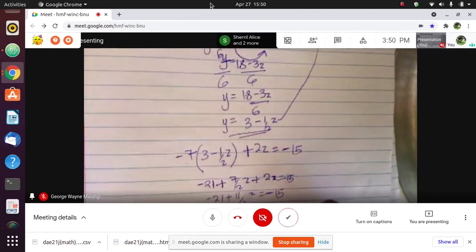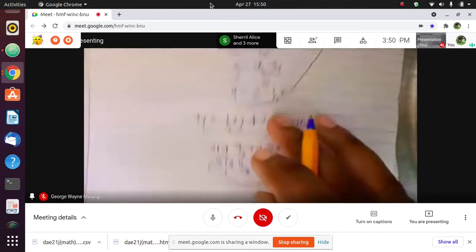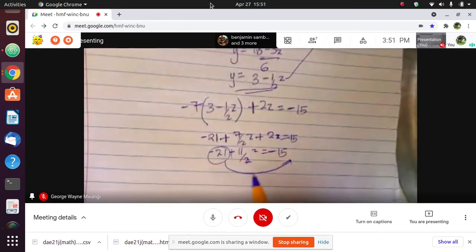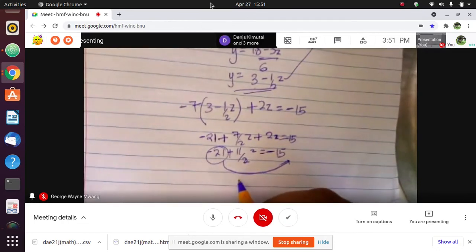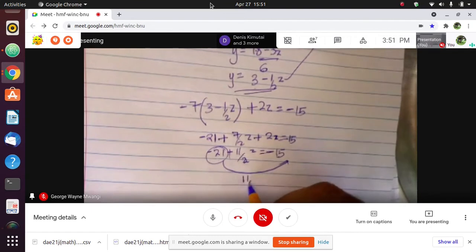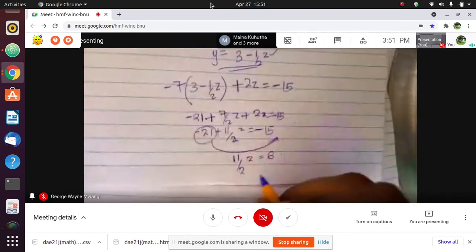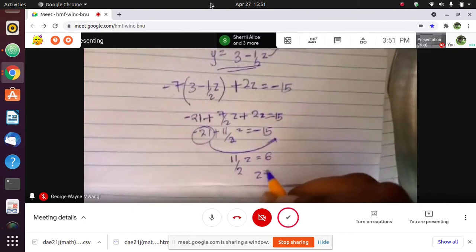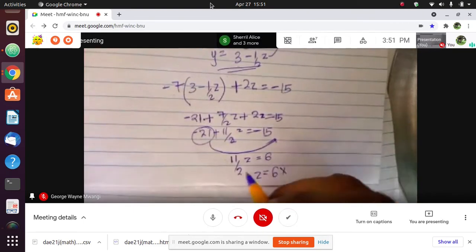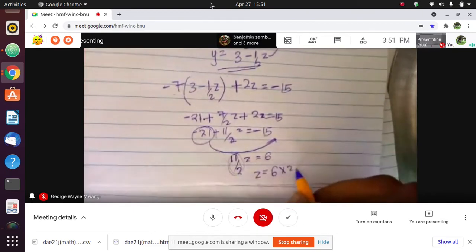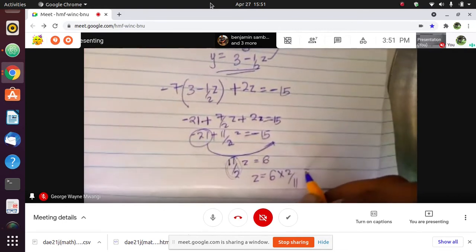Now let us take our negative 21, the constant, to the other side of the equal sign, and it becomes a positive number, so it will be negative 15 plus 21 to give us plus 6. Now 11 over 2z is equals to 6. What will be the value of z? So we'll take 6 times the reciprocal of this, which is 2 over 11, to give us that the value of z is equals to,